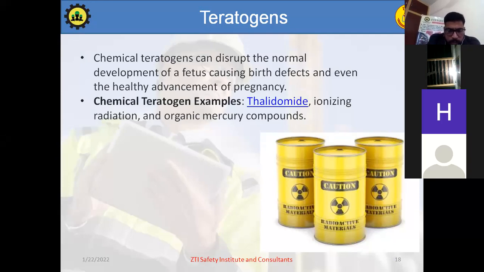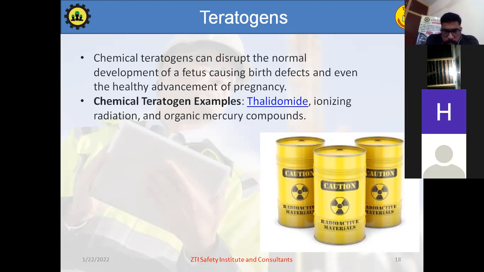God forbid, but these chemicals must be known, and that's why the classification of chemicals and awareness about the chemicals used in the workplace is very, very important. The same awareness should be communicated to all levels of workers, even those who are not exposed to these chemicals, so they know that our organization is dealing with such and such chemicals, which have the ability to affect the human body, so that they can take care of themselves and take the use of PPE and all the control measures very, very seriously.